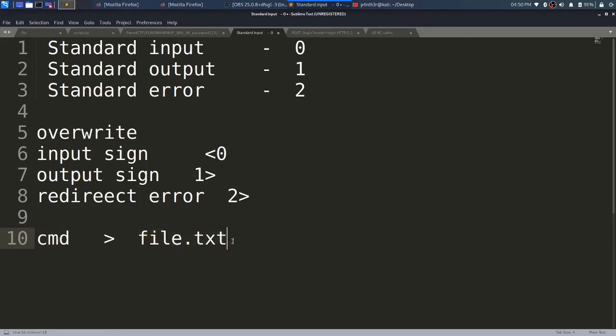If there is any data in the file.txt, it will overwrite that data and insert the new data into that file. So this method is used to overwrite that file.